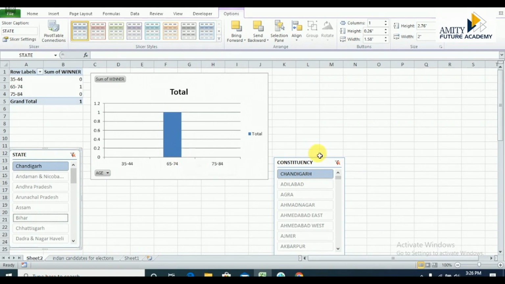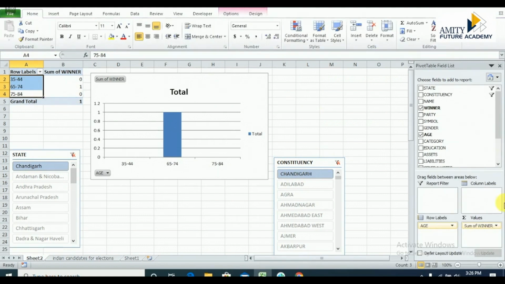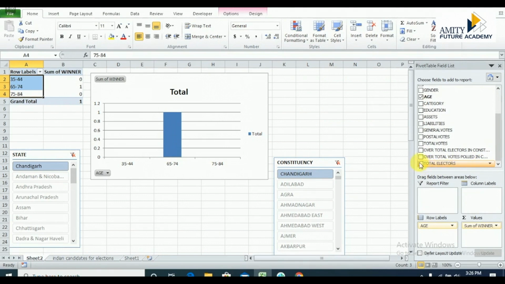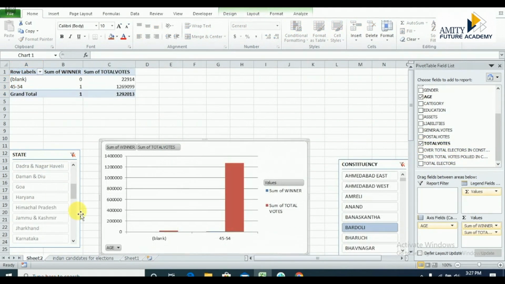You'll get the chart for that. Let's make this a bit more complicated. We'll add another field to this chart, to this report, that is total votes. So now the pivot table is based on the age group, winners, and total votes from a